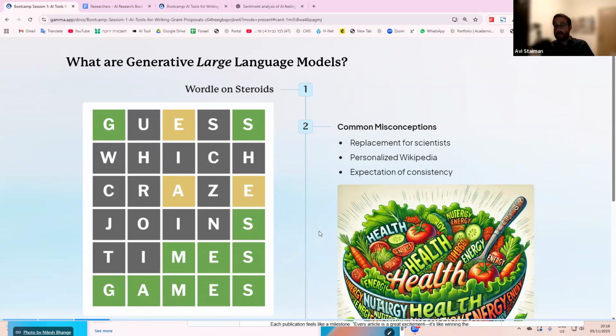Whether or not they're accurate is actually not of concern to ChatGPT. Why? Because it is a generative large language model, with the emphasis on language. A lot of people use it like Wikipedia: I've got a question, I want a factual answer, let me go ask GPT because I don't have time to look it up. That's a very big mistake, because it is not meant to give me factual answers to factual questions.